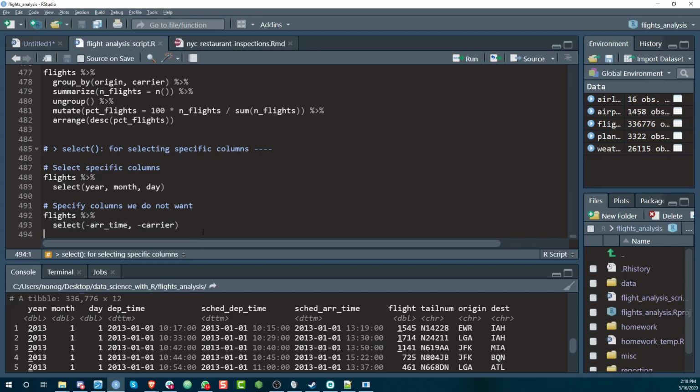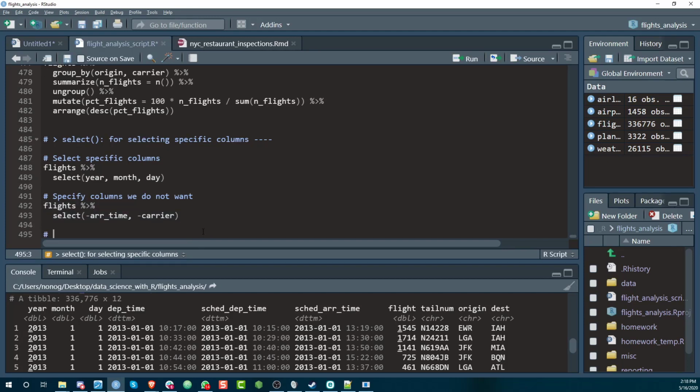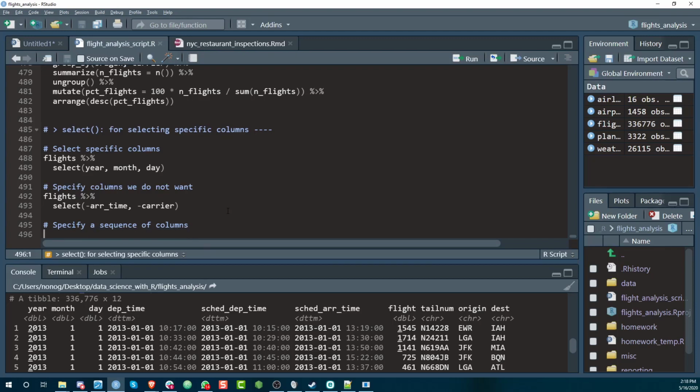Now over here, specify a sequence of columns. Sequence, one after the other. So what do we mean by sequence? What we mean is columns that are next to one another. That's basically what a sequence of columns means here. Columns that are next to each other. So let's assume that,